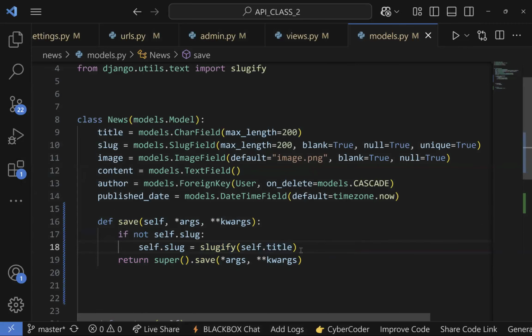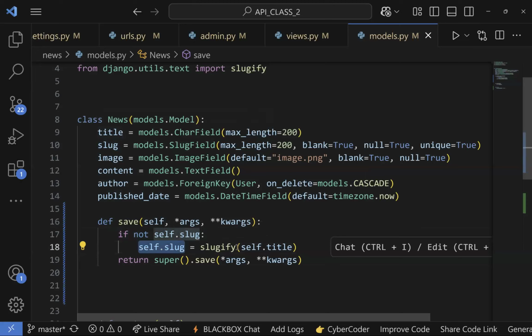Just follow me. Somebody is going to come online and want to create a news. Now, there's no news platform where as you're creating it, you're asked to pass in the slug of that news. The slug should be auto-generated. You choose what you want to generate it from. You can say it's the title, the date, or the category the news belongs to. Anyhow you want to do it. So this is what I'm saying. When the person has filled this form, if the slug has not been filled, if not self.slug, that's what this line is saying. The slug is not yet filled. I want you to say that slug is